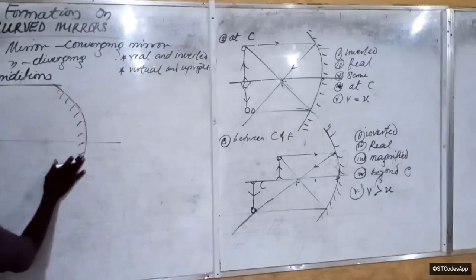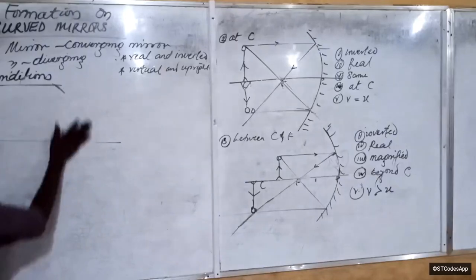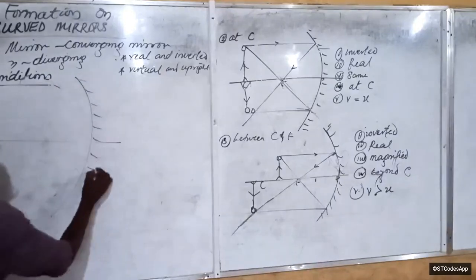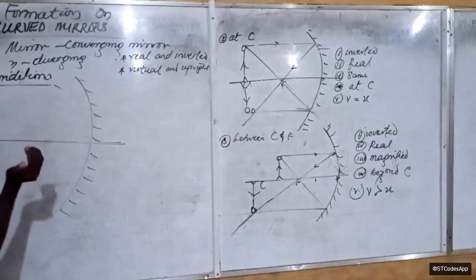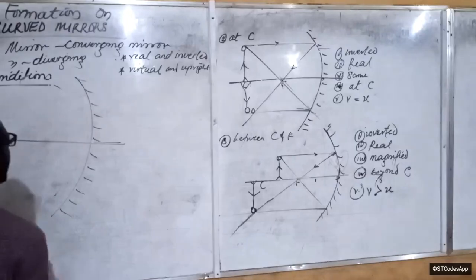It's almost turning into a parabolic mirror. Let me draw it again. So we're going to have something like this. Now, take note of the fact that for a parabolic mirror, the condition is almost the same, only that it is a parabola. So the curvature is more than that of the hyperbola we have here. So we said